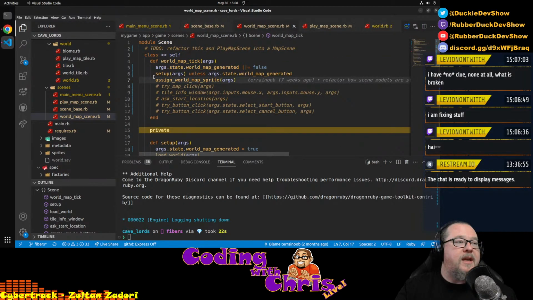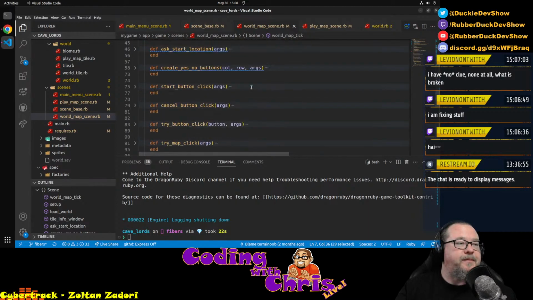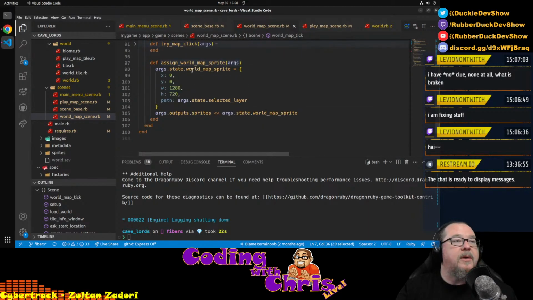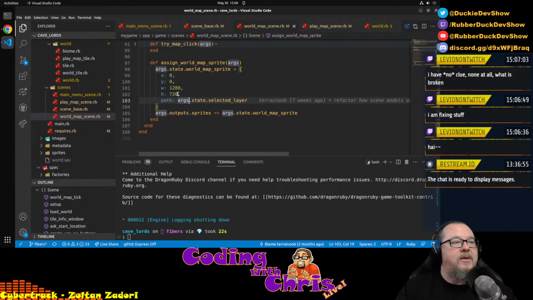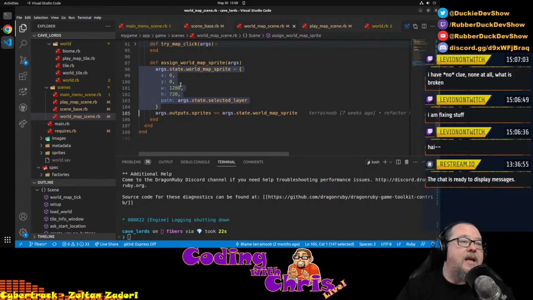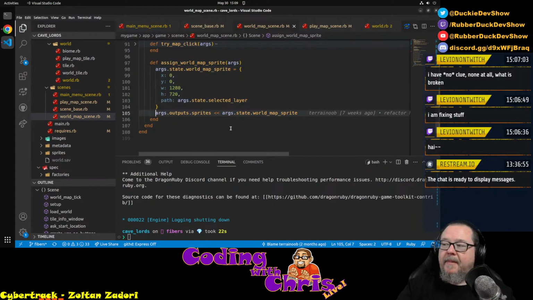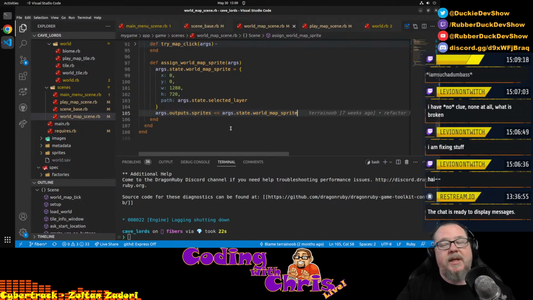So the only other thing it will do then is every tick assign world map sprite. And that is down here. So it just sets the world map sprites. It creates this, though. I think I could just do this once, right? I don't need to do this every tick. Though I can't imagine that taking a whole lot of overhead. But then it just assigns the sprites. If I don't do this every tick,